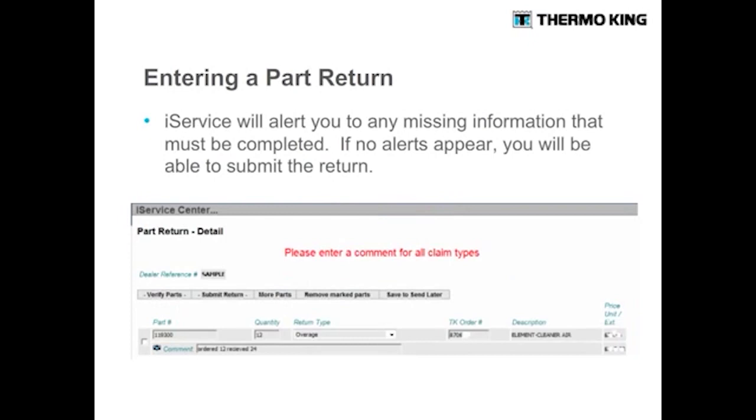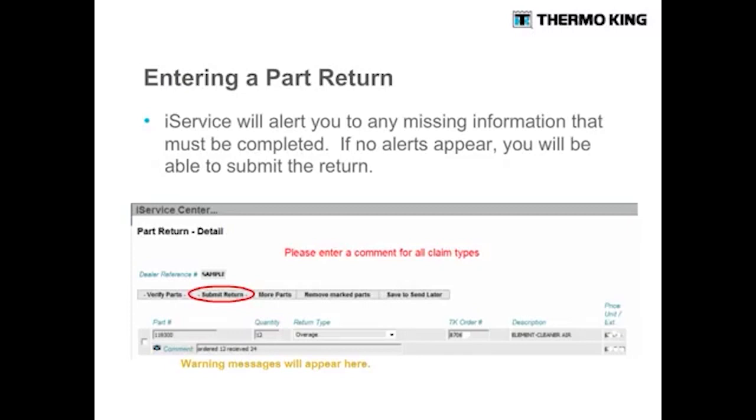Once you click Verify Parts, the part pricing will populate to the right. If the Submit Return button remains gray, check under the line items to find any error messages. If all fields are completed, the Submit Return button will change from gray to black. This means that you can click Submit Return to finalize the return and send it on to Thermo King customer